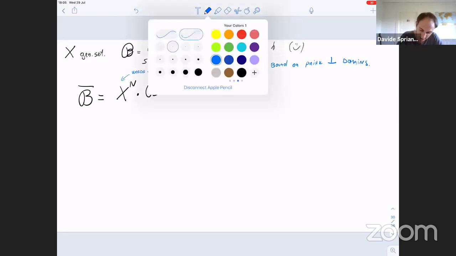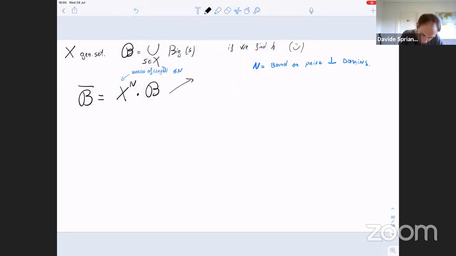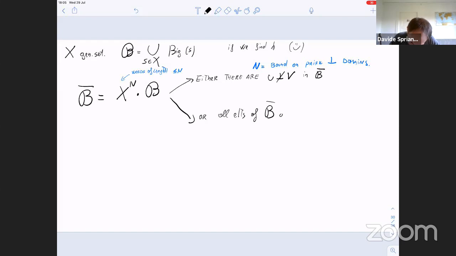Okay? And now two things happen. This is basically just a combinatorial argument that I will skip, but if you just think about it a little bit, it's going to be clear. There are two options. Either there are U and V which are not transverse, not orthogonal in B bar, or